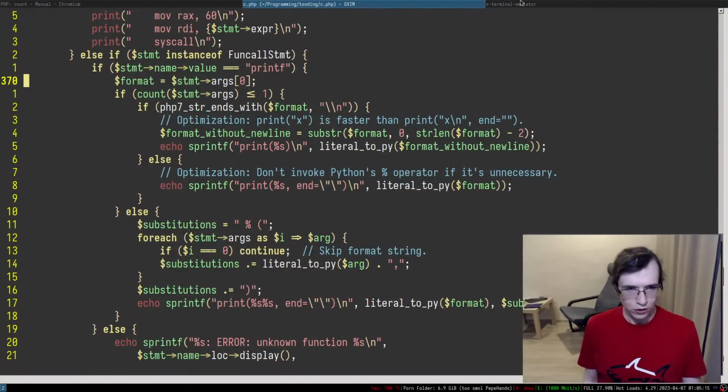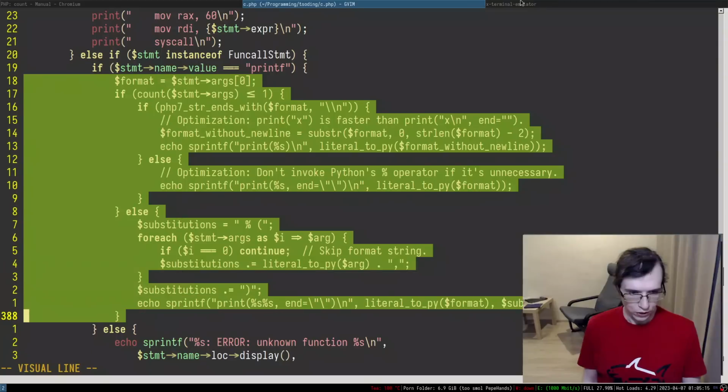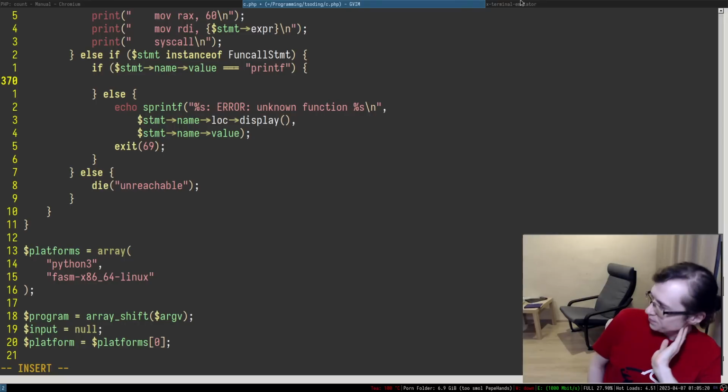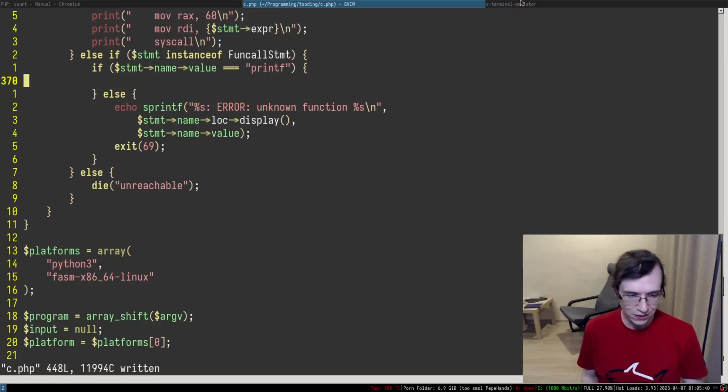So I think I'm gonna actually start from scratch in here. I expect only one format string. Interestingly enough, I think we need to do a little bit of an analysis of the code, because we need to put that string somewhere.